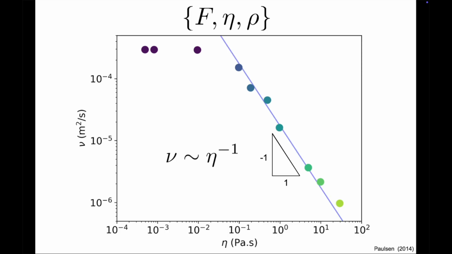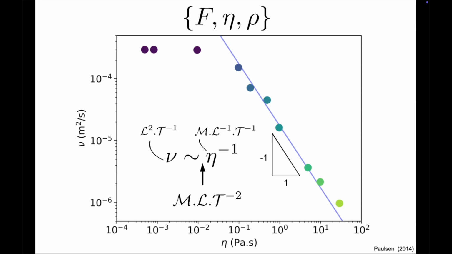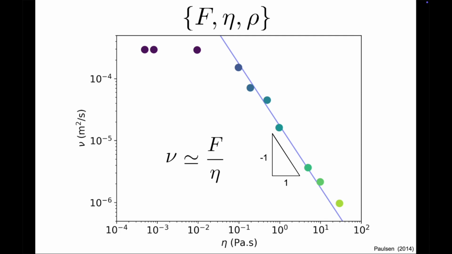The diffusivity has the dimensions of an area over a time, and the dimensions of the viscosity are m l^-1 t^-1. So necessarily, the coefficient of proportionality has dimensions m l t^-2, which are the dimensions of a force. In this range of viscosity, the diffusive dynamics of the neck are governed by a dynamic duo, where the impelling factor is a force F, and the impeding factor is the outer viscosity mu. Fitting the data gives a force around 1.7 10^-5 newtons.